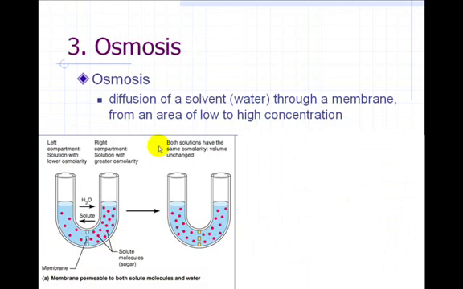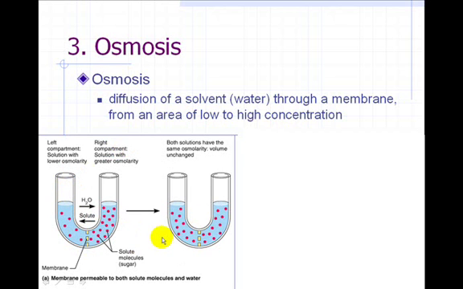This is osmosis, and it is the diffusion of a solvent, usually water, through a membrane from areas of low concentration to high concentration. It's sort of the opposite of diffusion. So take, for example, this example. We've got a high concentration here on the right side and a low one on this side. And because this membrane is permeable to these solutes, they go straight through, and we see just an example here